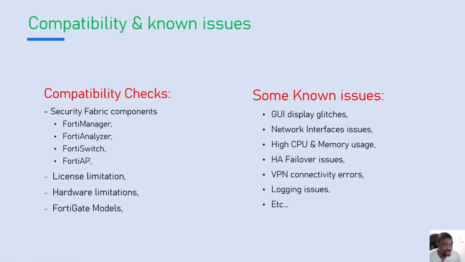Some other limitations include FortiGate models. Depending on the FortiGate model that you are using, some updates will not be available, or are available but not compatible with the model you are using. For known issues,